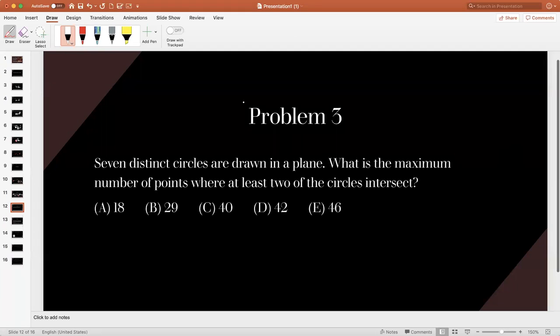So far, I have only received 2 responses. Let me give a quick hint about this question. If we have any two circles intersecting, the maximum number of intersections between them is 2. So since we have 7 circles, we choose 2 circles and then